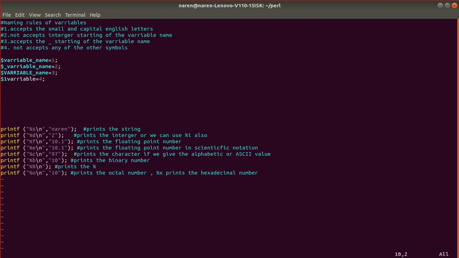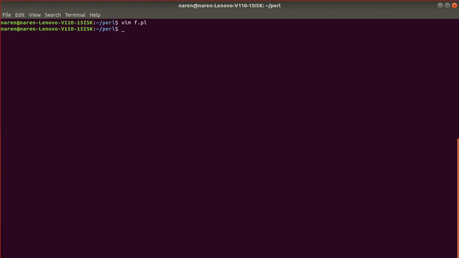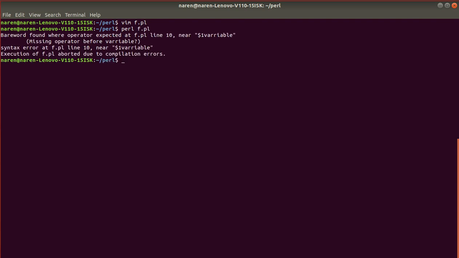So let me compile this file and show this syntax error. It is the same in C language also. We have these rules in C language, so like that in Perl programming language, you already know about C language, you can easily understand these concepts.